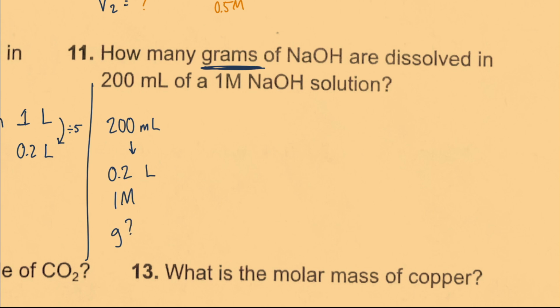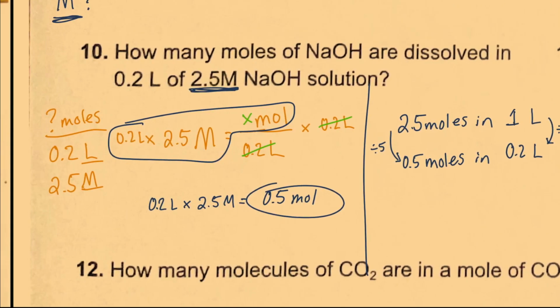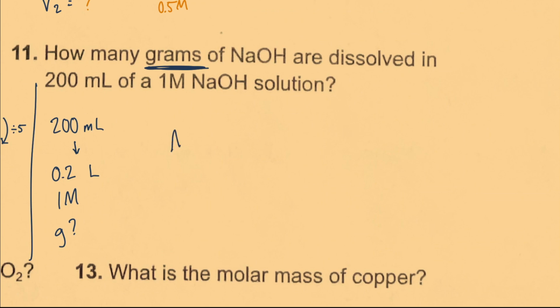Well, I can't get to grams right from liters and molarity, but as I know from the last one, I can get to moles. So I'm going to use this formula again. So I know this is 0.2 liters. Figure out how many moles that is. This time, since it's just 1, it's pretty easy to see that this is just going to be 0.2 moles, because 0.2 divided by 0.2 is 1. So that's 0.2 moles